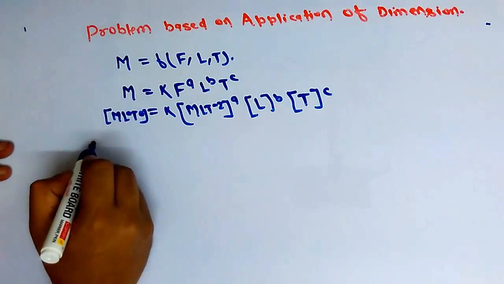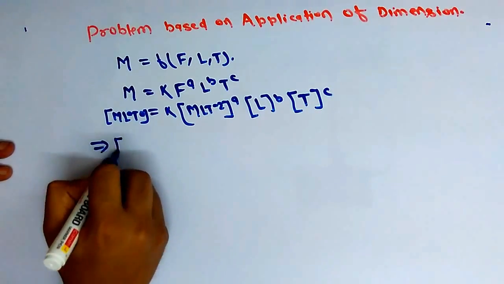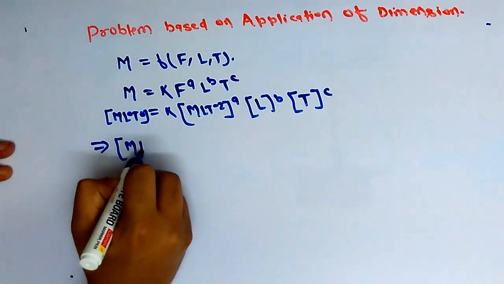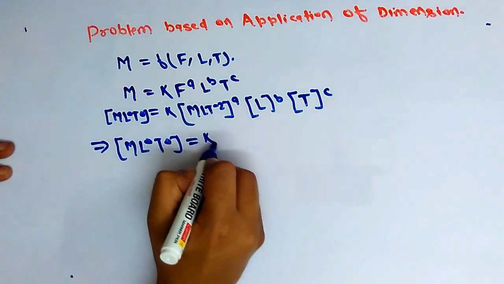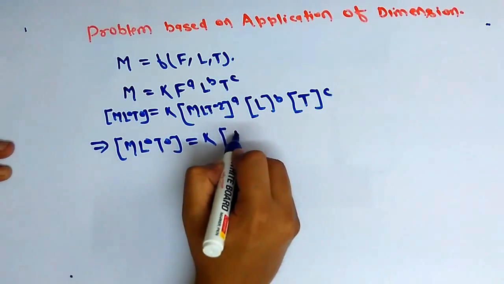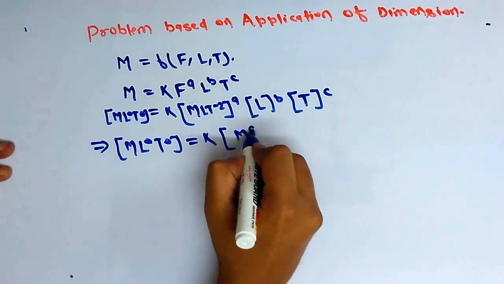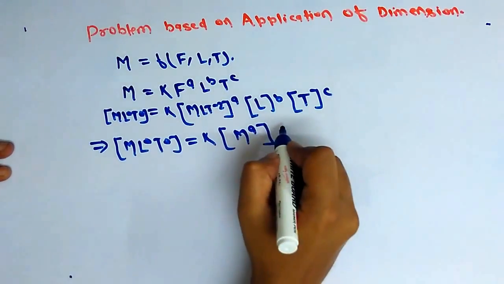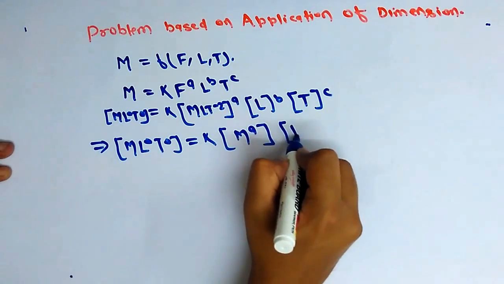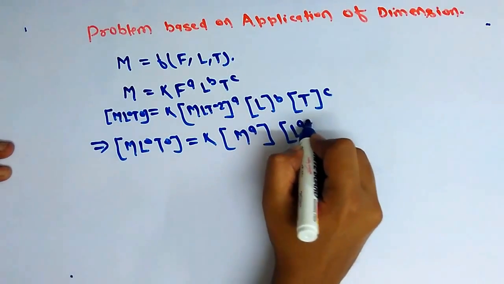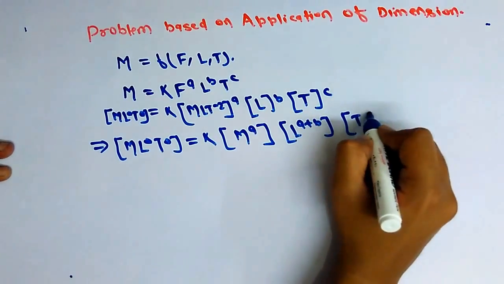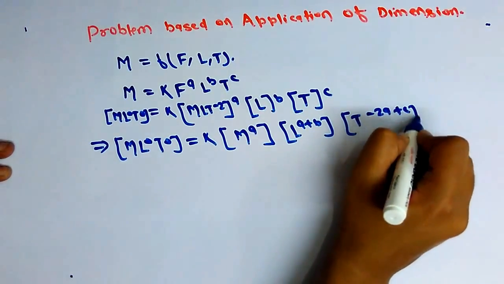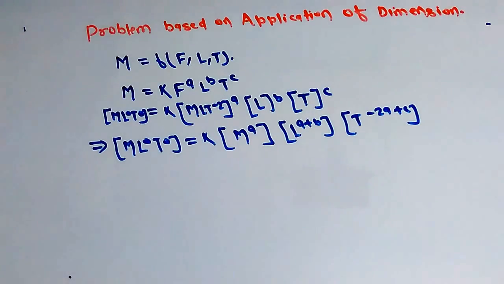So we get M to the a, L to the a plus b, and T to the minus 2a plus c. According to the principle of homogeneity,